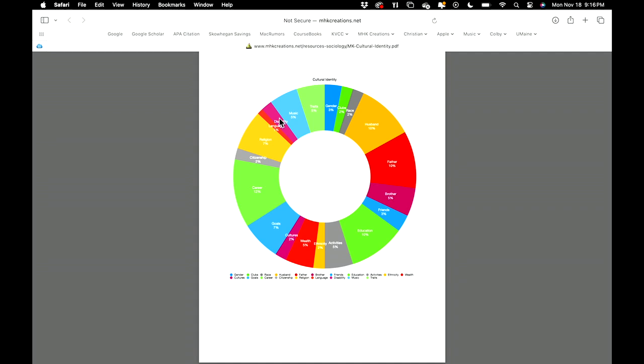The fact that I have a hearing disability there. Cultures, the wealth, that's a pretty big one too. My ethnicity, the activities that I engage in. Just sort of this pictorial way of understanding these social aspects of who I am. So this is a picture of who I am being laid out by thinking about the important sociological components of my identity.